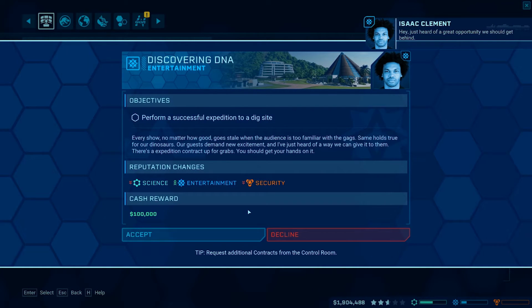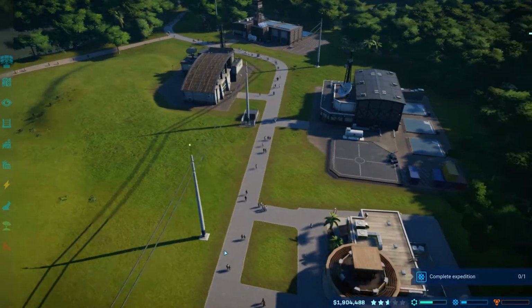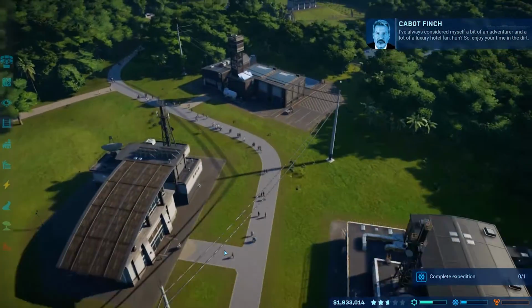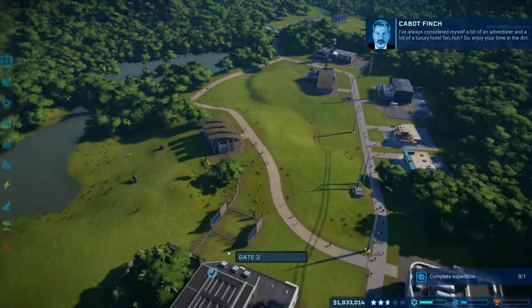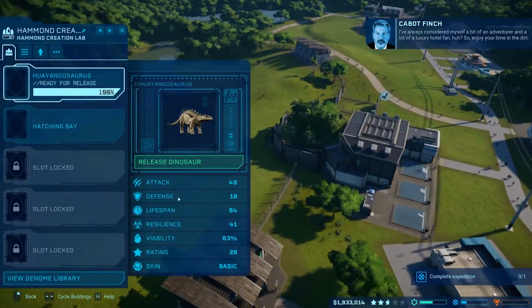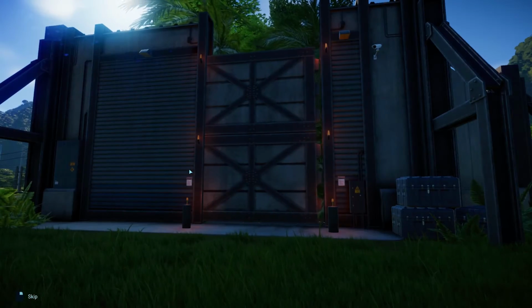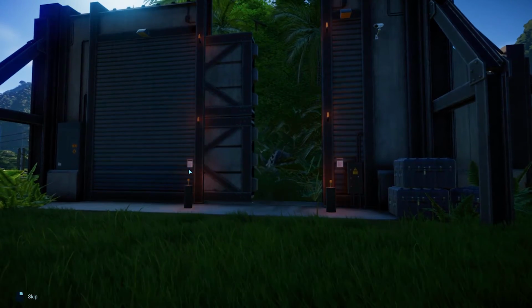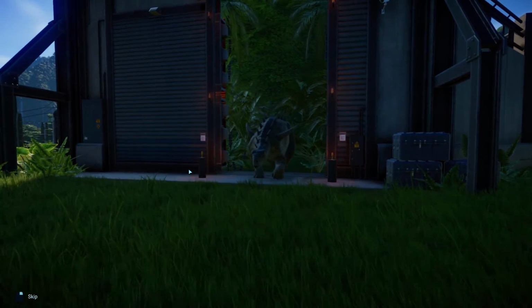Now, the science division, they're just mainly worried about continuing the development of the science of creating these dinosaurs. The entertainment division is about building your park and making sure that you're filling your customers' needs. And the security division is about pushing the boundaries of what these dinosaurs can do and seeing how aggressive they can be. As an early mission, your advisor will be like,